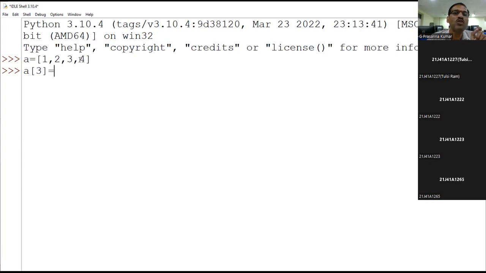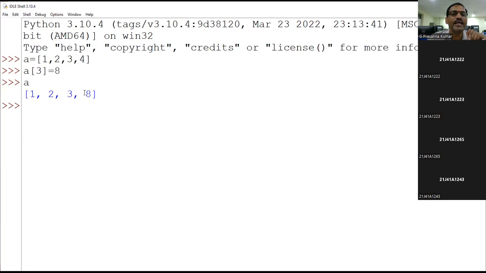I want to modify this value to some other element. That is possible in the list. It is called mutability. This can be modified. When you have defined it, you can check by typing A and enter, and it is changed. Here, in place of 4,